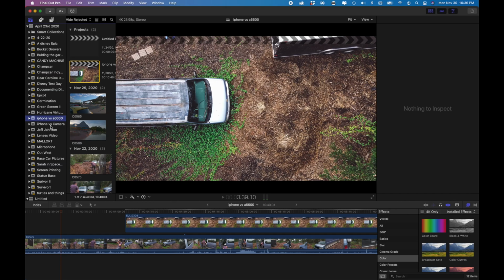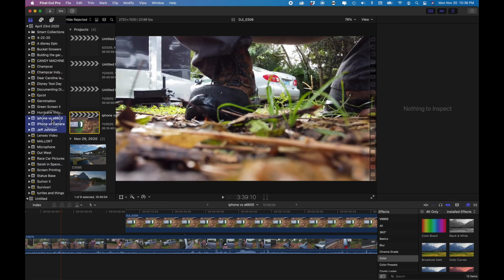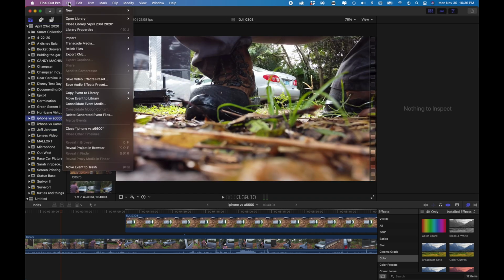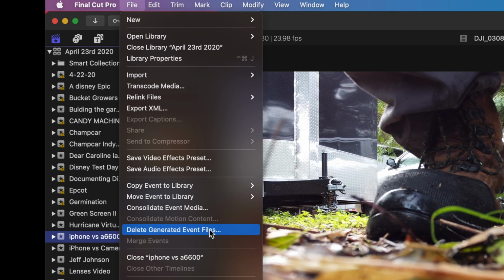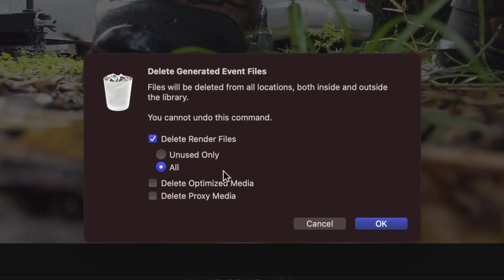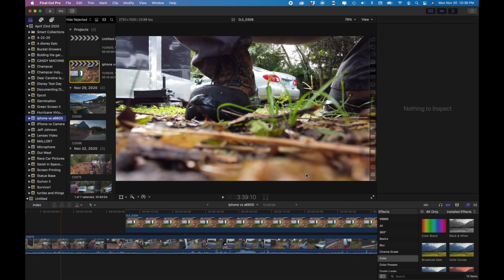The second way to do it, you can do it from inside the app. What you do in the app is you choose an event, or you can choose multiple events. If you hold down Shift, you can select multiple events, but we're just going to do iPhone versus A6600. Then you go to File, and you choose Delete Generated Event Files. Hit that checkbox, and it's okay to say all. You say okay. That's going to delete all of those render files, which are temporary and you don't have to